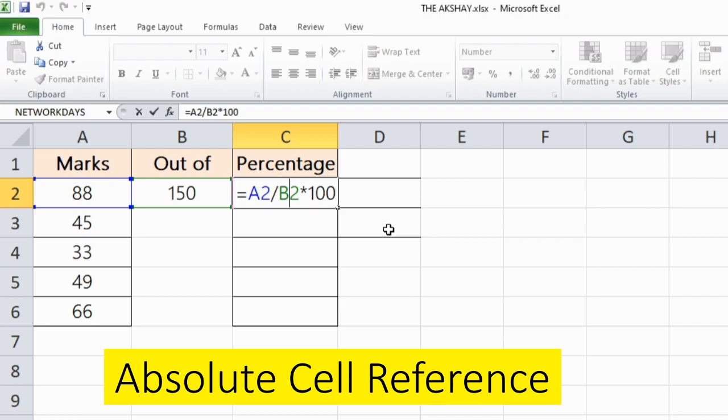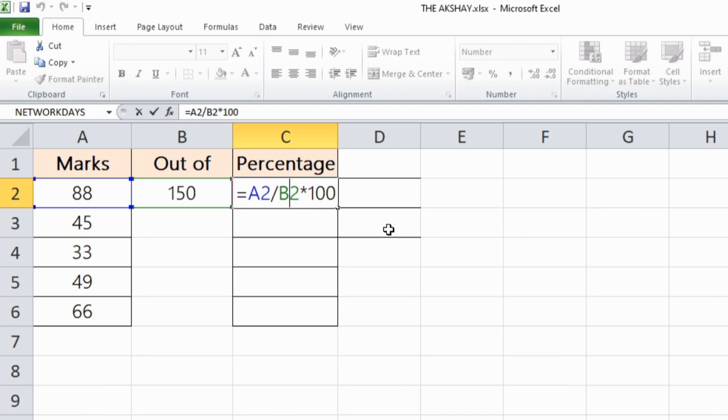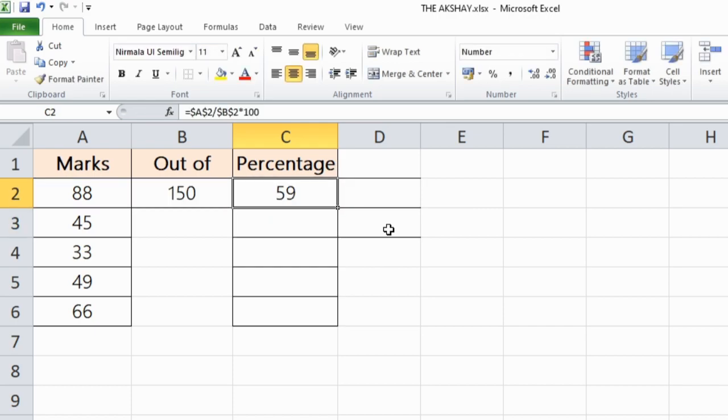Dollar sign fixes the cell reference. So I will add the dollar sign here. Now I'll press enter. You can see that it is still the same because right now we have not copied this formula to somewhere else.